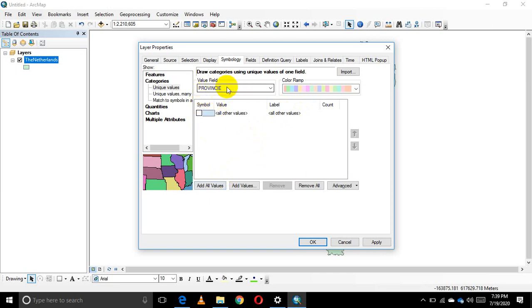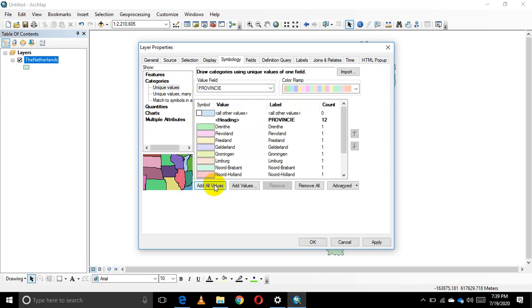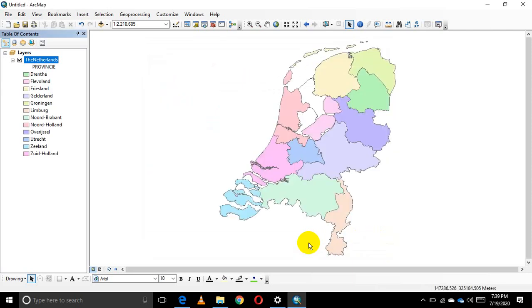Once we select the attributes that we want to categorize, then we'll click on add all values. Okay, we'll click on add all values, then we'll click on apply, then okay. Okay, now the map is getting very interesting. Here we do have the provinces in different colors, but still you might be interested to see which areas actually are what. Okay, therefore, if you want to put labels on what this area represents, and what all areas represent,